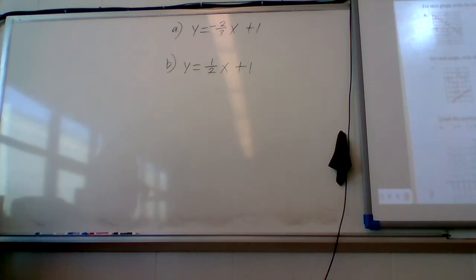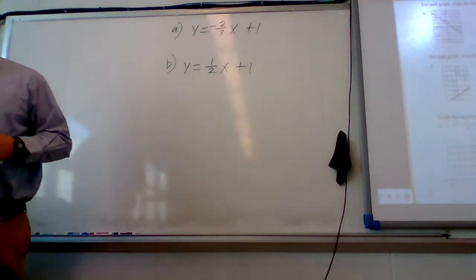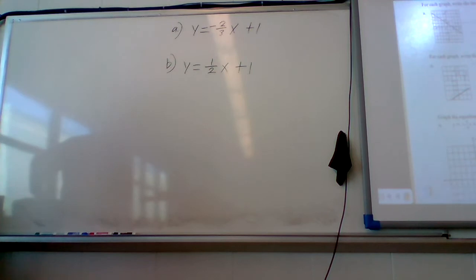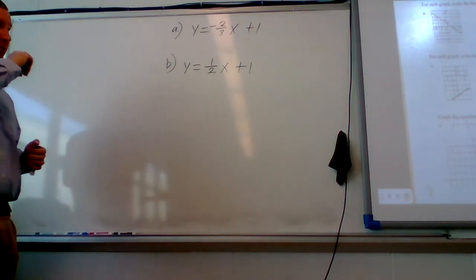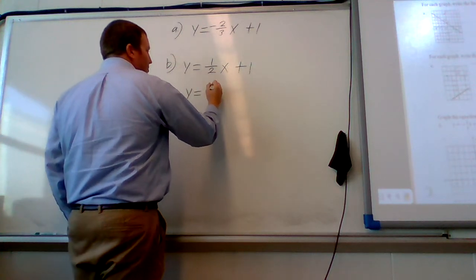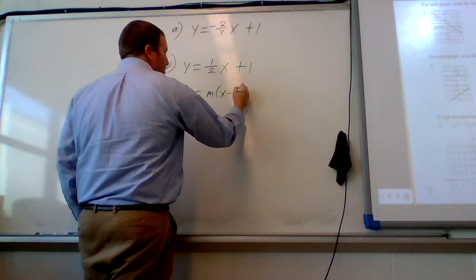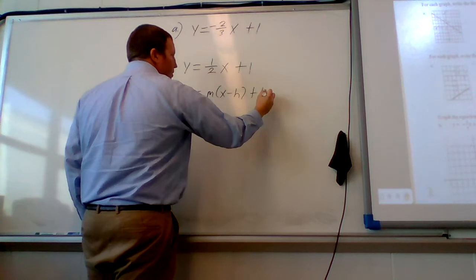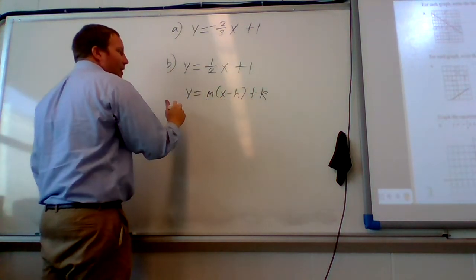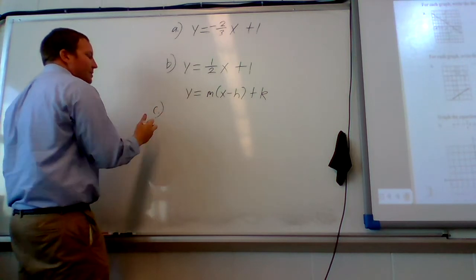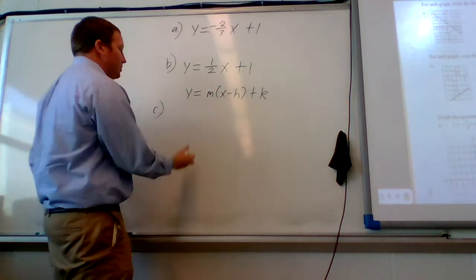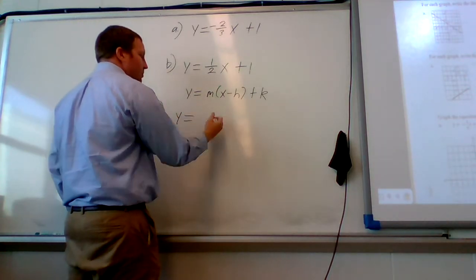Okay. So then it says for C and D, for each graph, write the linear equation in point slope form. So in this case, point slope form again is y equals m(x minus h) plus k, where h and k are any point on the line. So let's look at C. Let's find a point, right? If y equals